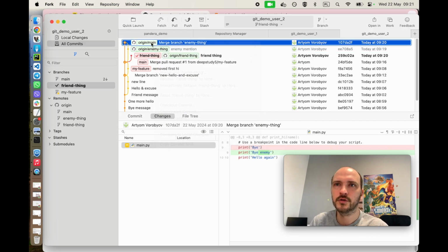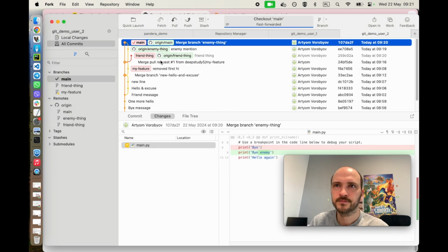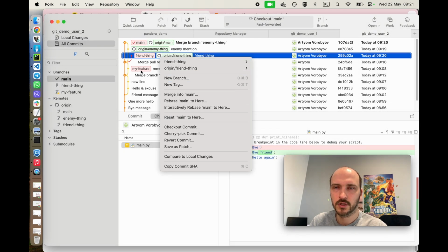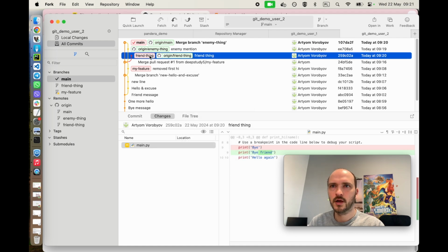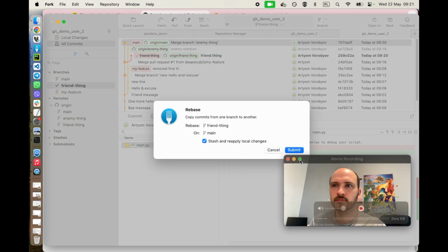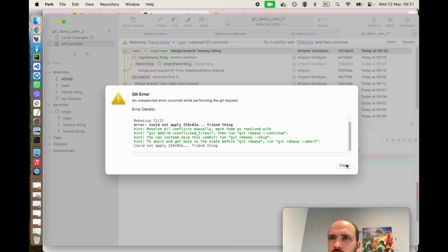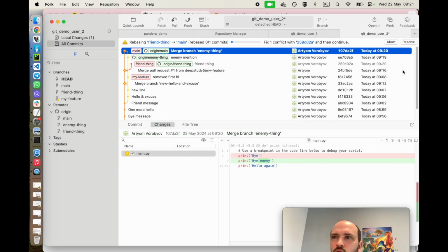If I try to merge, I will get a conflict during merge. So if I press merge now, I will have a conflict. But I will show you how it looks in case of rebase. So I try to rebase friend thing to here, and Git says, okay, there was a conflict, right? And in the UI, it shows me this